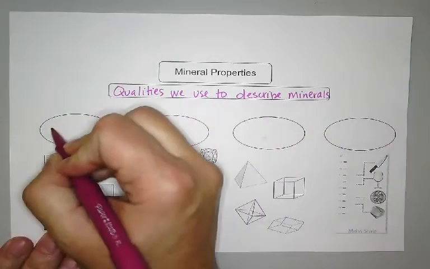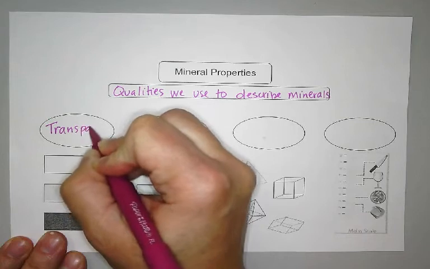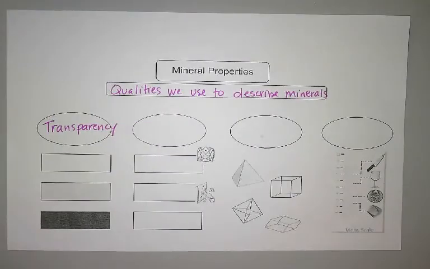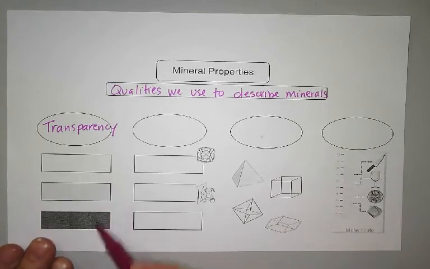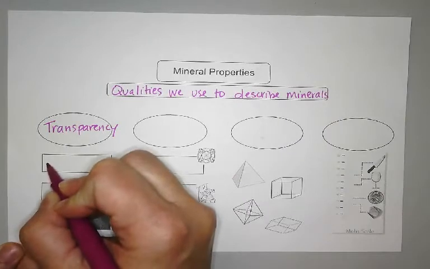The first one, and you've done all of these, the first is transparency. And transparency tells us how easy a mineral is to see through. And the words that we use, and you'll see these boxes kind of mirror what a mineral would look like. If it's completely see-through,